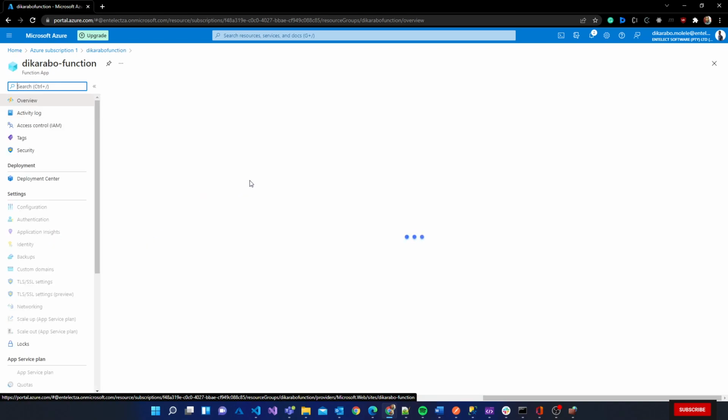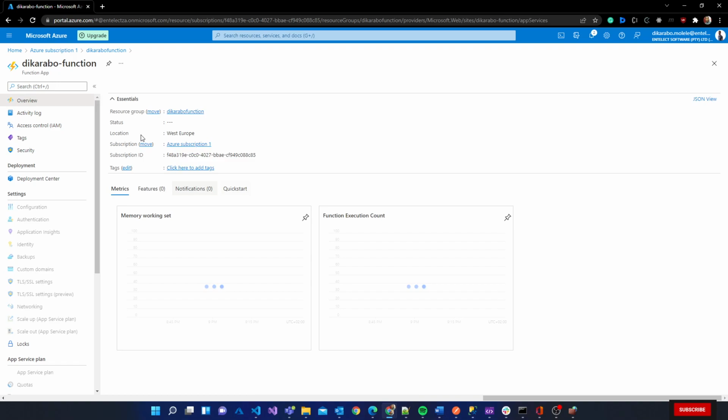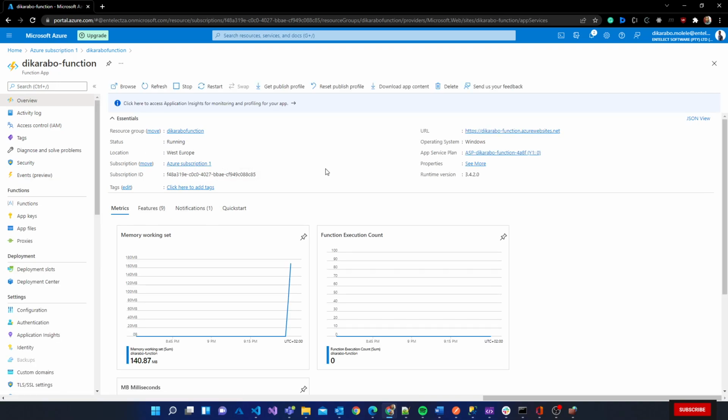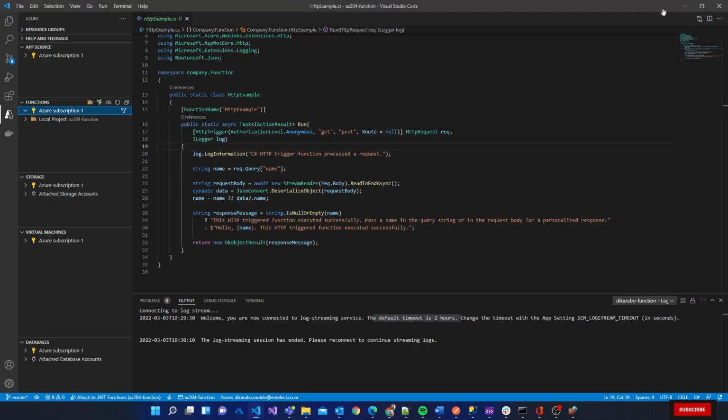We click on the function. It's in West Europe, running state. It's running on an app service plan, so it's not a consumption plan. I don't know why it created it on an app service plan and not on consumption. I'm hoping it's because of the type of account that I'm using. And anyways,